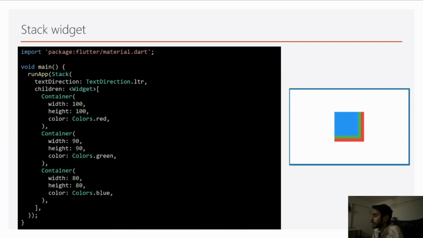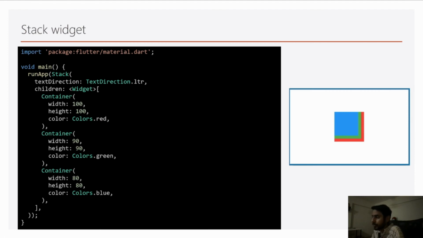The bottom layer is a red square box here, then the middle layer is a green square box, and the topmost layer is the blue square box. We have written the width and height in a way that they overlap each other, and that's how the final UI looks. So let's go ahead and create this widget in our program and see how the output looks on the emulator.